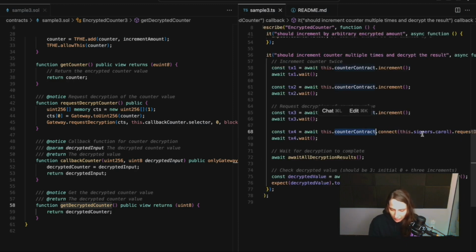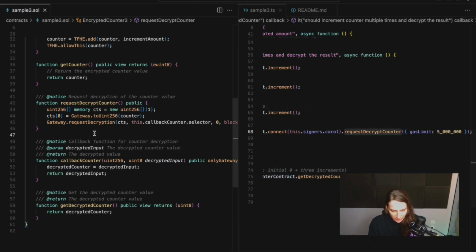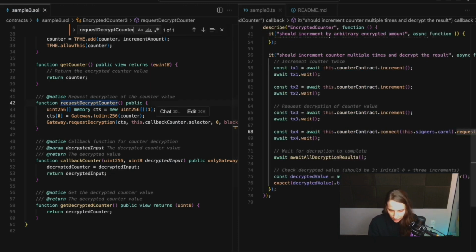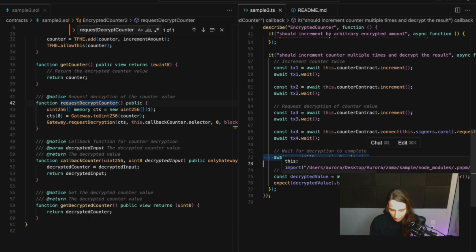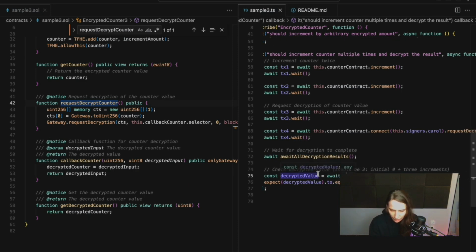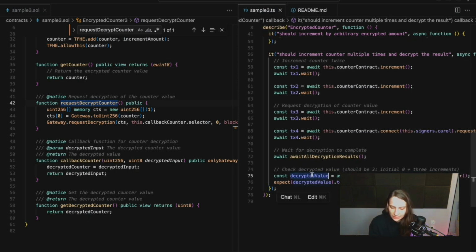And it calls this function. So this function has this callback function, and we are awaiting all decryption results then. So we are waiting for everything to complete. Then we request to see our get decrypted counter.